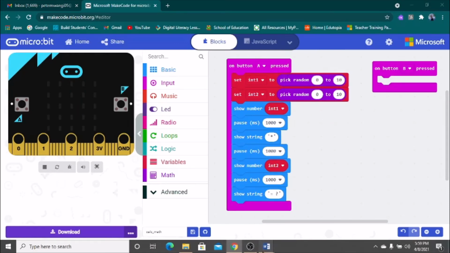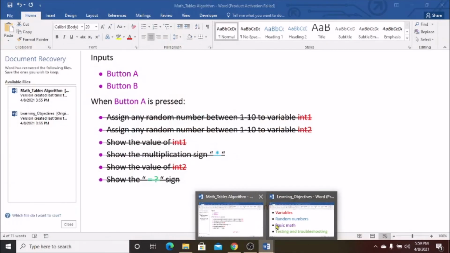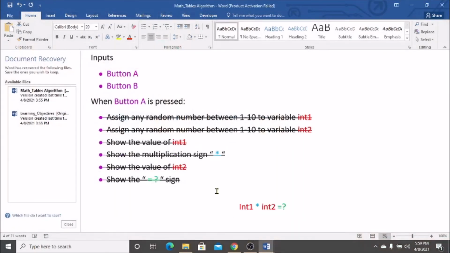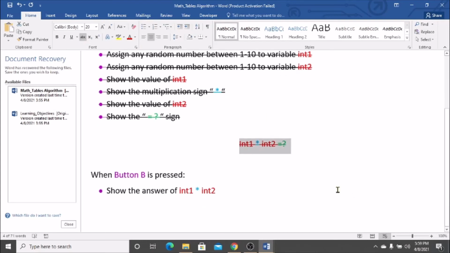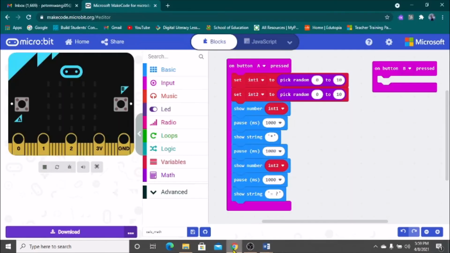So our next step, we are done with this. So this is okay. Our output is fine. So we come to when button B is pressed. So when button B is pressed, you want the answer to be integer 1 times integer 2. So very easy. So you want it to show,